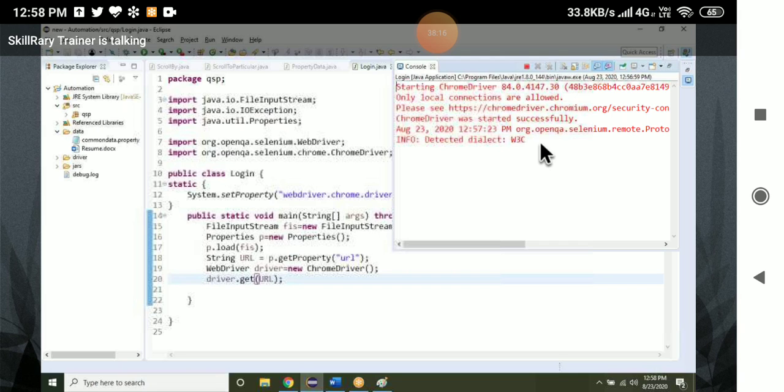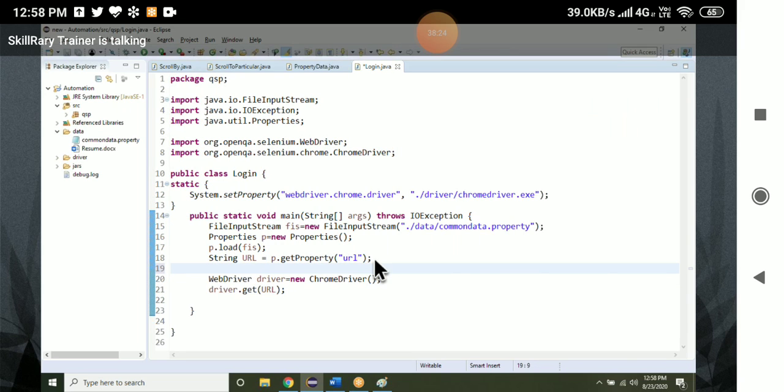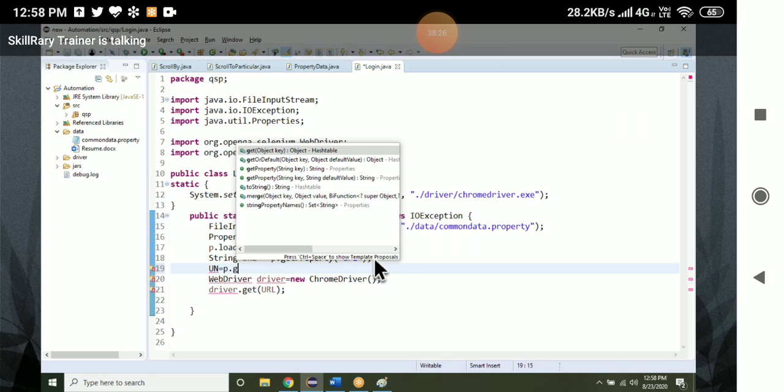Next step. How to log in by taking this data from the property file. Get the user.